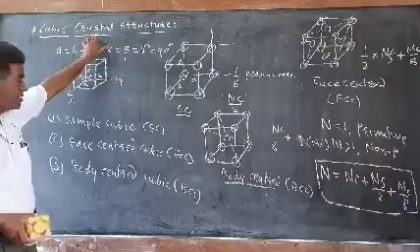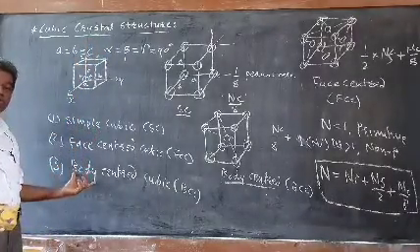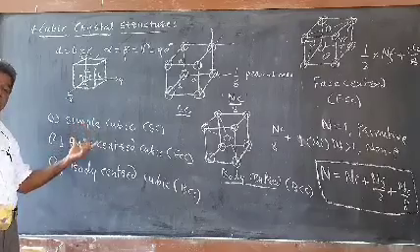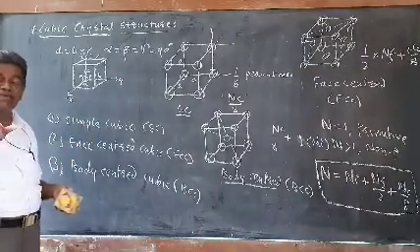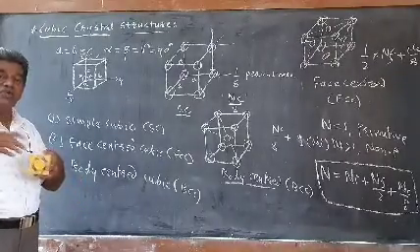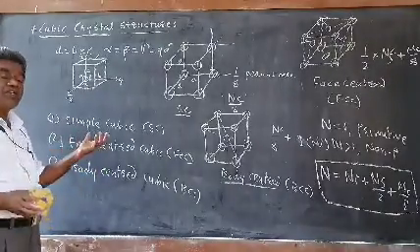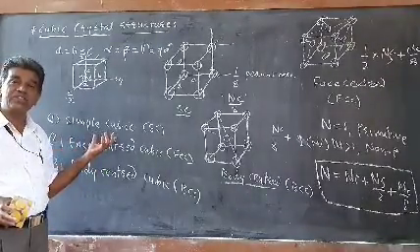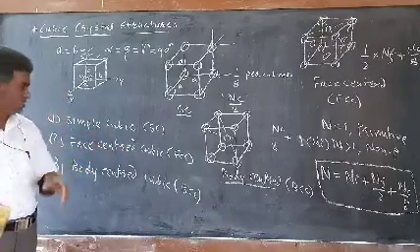These crystal structures can be classified into 3 groups: simple cubic, face centered cubic and body centered cubic. In order to study the crystal structure, we have to study only the unit cell. Once you study the unit cell, the whole crystal structure can be built up by the repetition of this unit cell. So we will study the unit cell in detail. To study the unit cell is equivalent to studying the crystal structure.